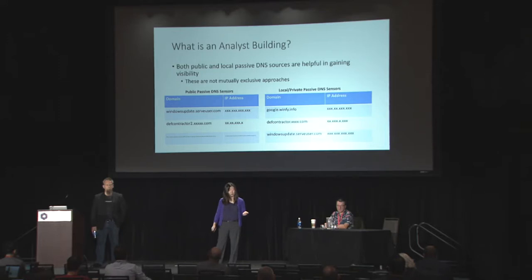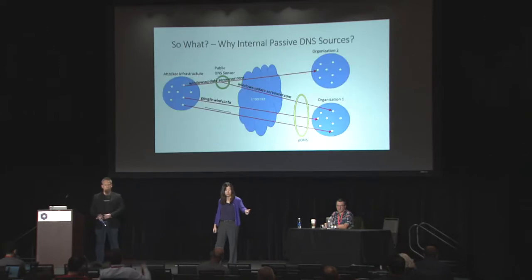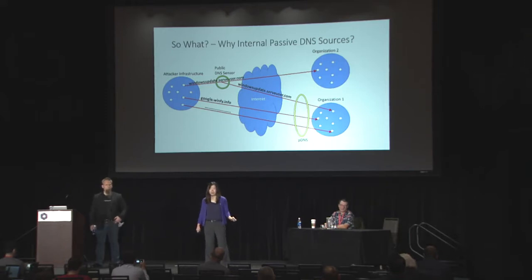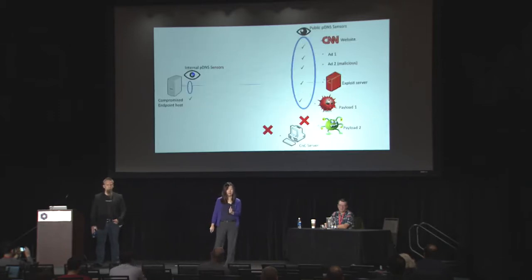Now, what I'm going to do next is take that same diagram and label it with these domains that you see here, right, to give you a better idea of what that looks like visually. So, so far we've talked about why it is important to have an internal sensor. It gives you that additional visibility. What I'm also going to show you is that, hold on. All right, so